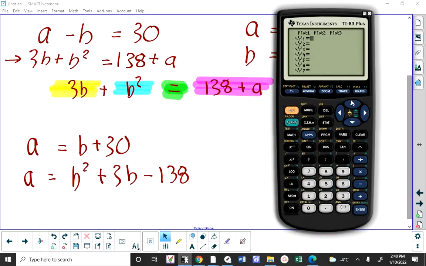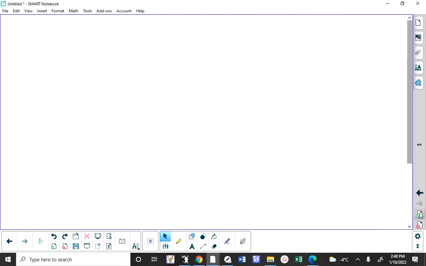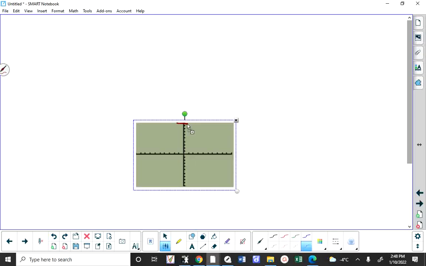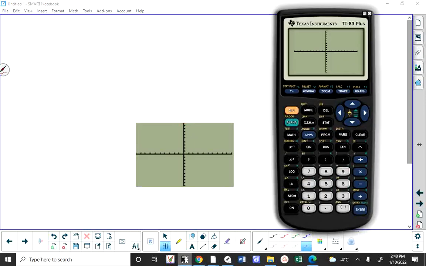Y is equal to x plus 30, or 30 plus x. So first of all, that's a line with a y-intercept of 30. If I were to go zoom standard, I'm probably not even going to see that line. This is 10. It's way up here. That's where that line of x plus 30 is, which you should know, but we'll get back to that in a bit. And then I also want to enter